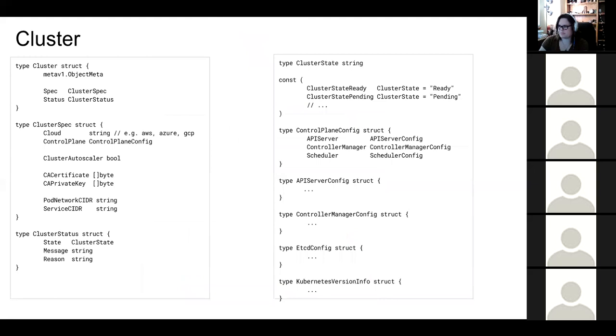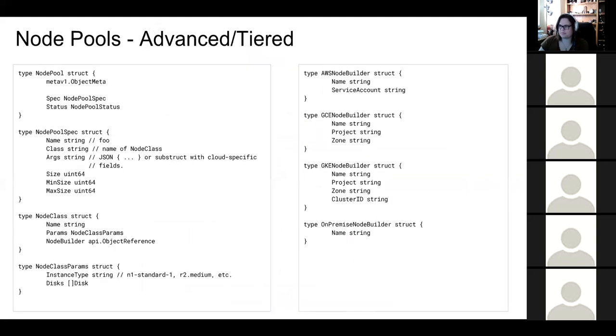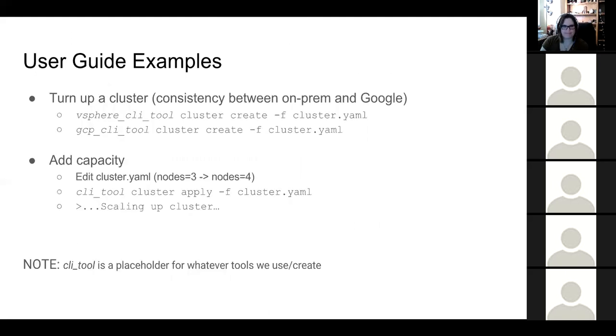The next couple of slides are just straw man, rough estimations of what the API might look like. All of these are just here to point out the fact that we've started thinking about what this would look like in terms of structures. And then the resulting YAML that you'd get would look pretty familiar if you've had to deal with Kubernetes YAML files, but instead of describing your application, it would describe your cluster. So again, those are all just straw mans, not meant to actually look like the real cluster API,